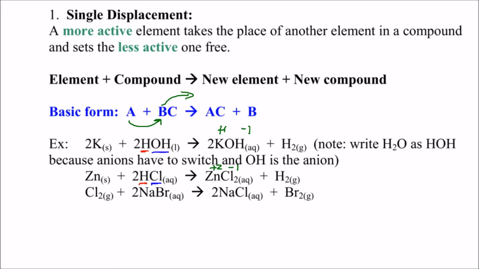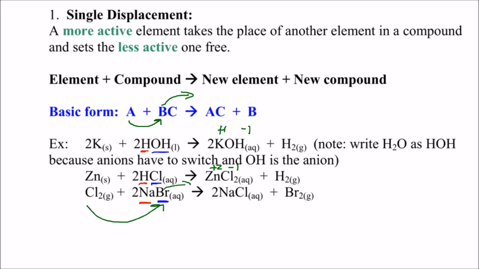Okay? Now this last one here is a little different. These first 2, the element was a metal, which means that it was going to function as a cation in our compound, because metals like to lose their electrons. But here we have a nonmetal as our element, and nonmetals gain electrons, so they're going to function as the anion. That means that this chlorine is not going to kick out sodium, because sodium is a cation. Chlorine is going to kick out bromine over here, because bromine is the anion. Okay, so the sodium is the cation and the bromine is the anion, and so the chlorine is going to come in here,